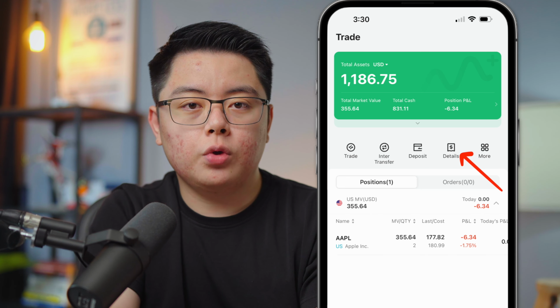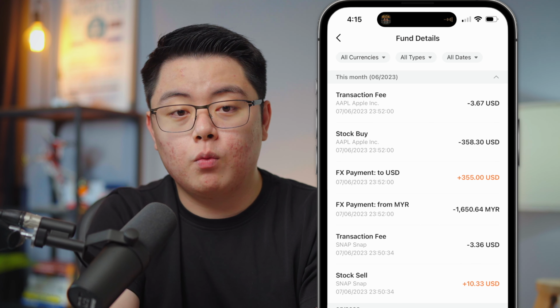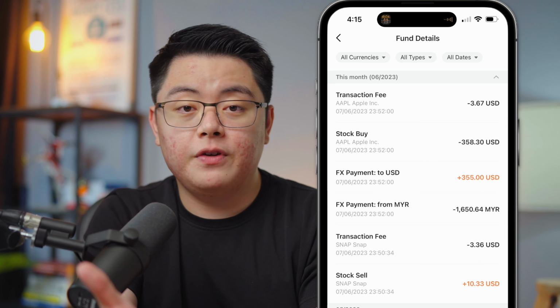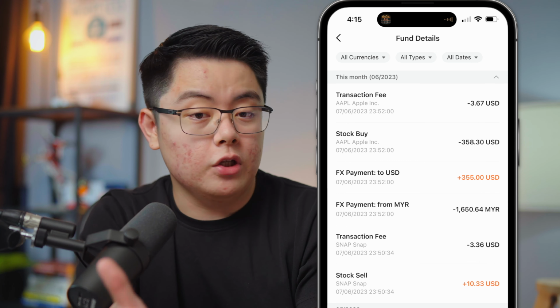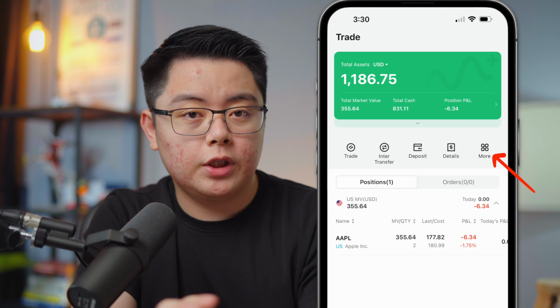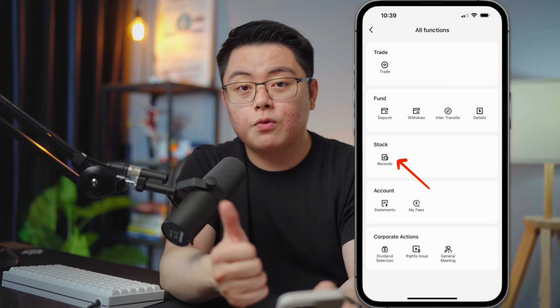Details, this shows you all the activities in your account, from what you buy and sell, what are the fees you paid, what's the interest income you receive in your account. It will all be recorded here for your reference. Very convenient. And more, this will bring you to this page where you have more features like stock record, which